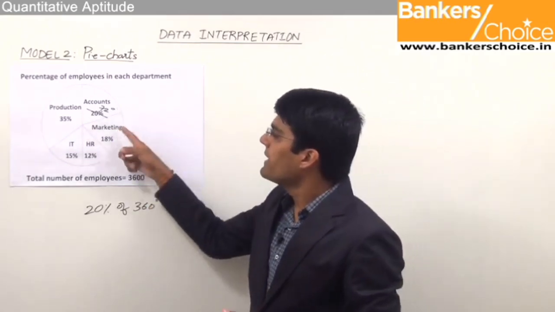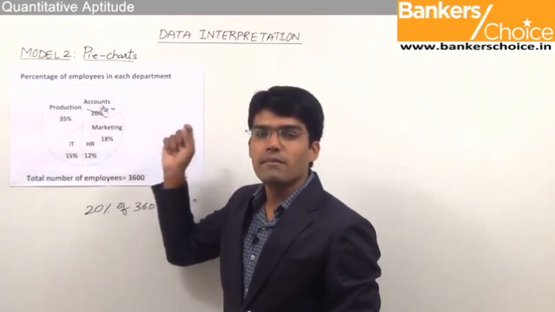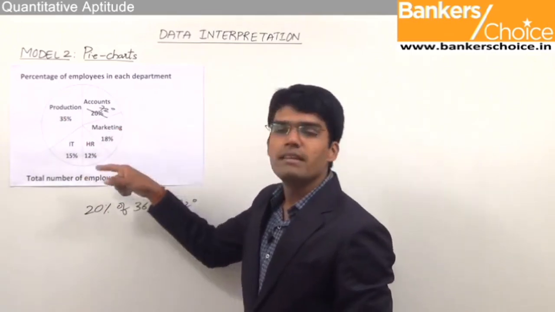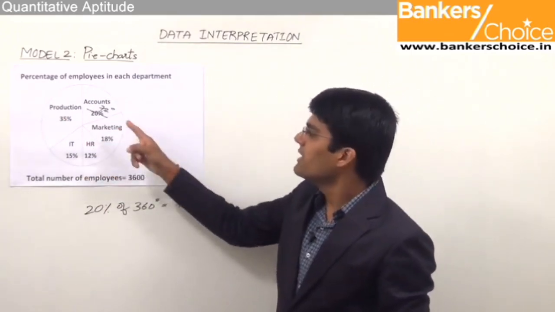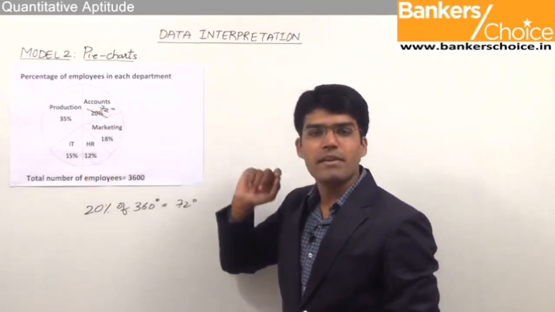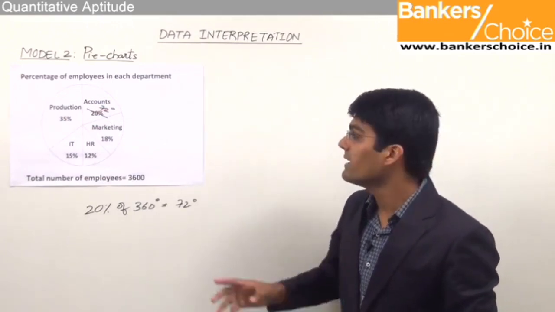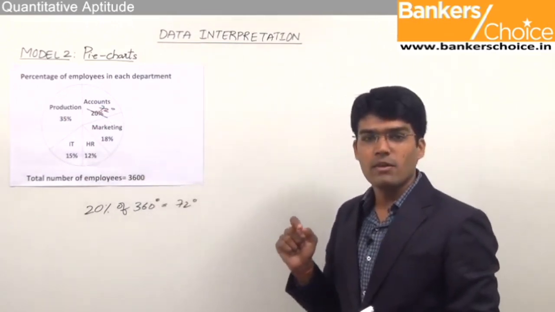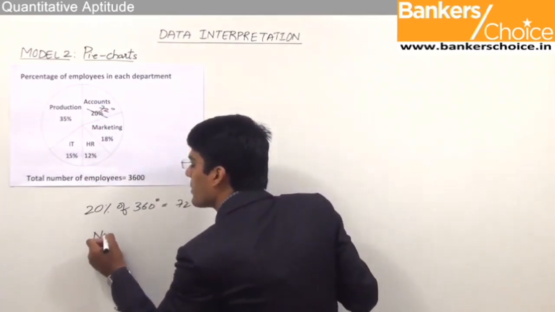Let's say the complete pie chart is given in terms of angles and we need to find out the number of employees in each of the departments there. Now if you see accounts, the angle here is 72 degrees. So how many employees are there in the accounts department? What we'll do here is number of employees